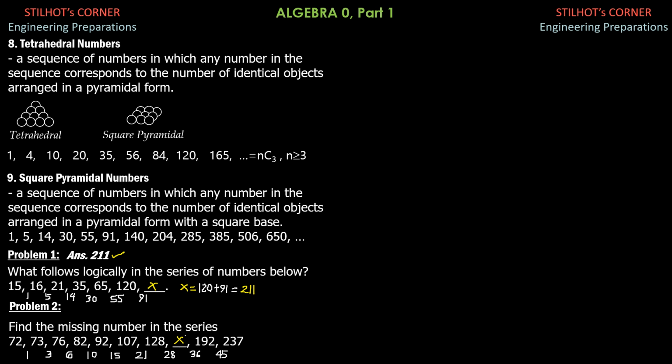And let's solve for X. X therefore is equal to 128 plus 28. And 128 plus 28 is 156. So that's why the answer here is 156, shown in the figure. So we then proceed to the next concept, and that is about